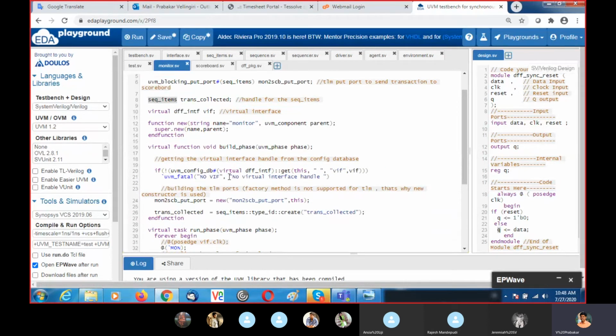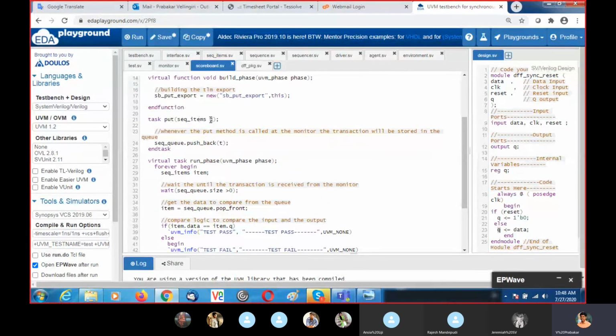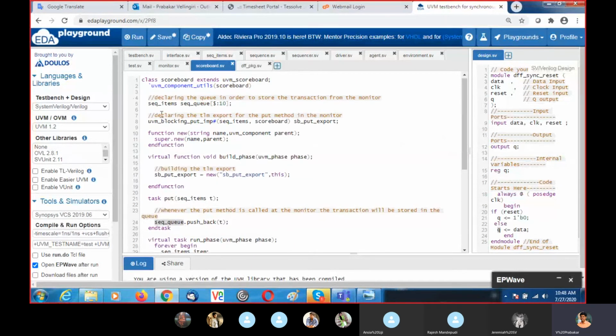Here we are putting the trans collected in the scoreboard. T is nothing but a sequence item, and the trans collector is also a type of sequence item. So here I am getting the trans collector as T, and this T is pushed back to the queue created here.